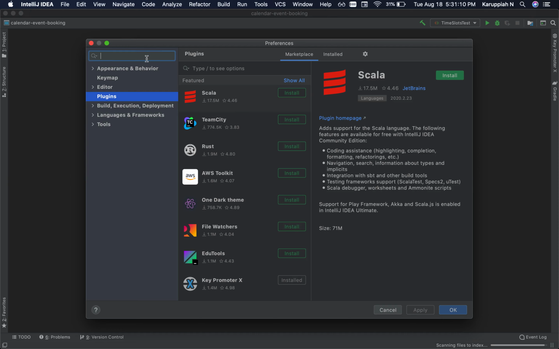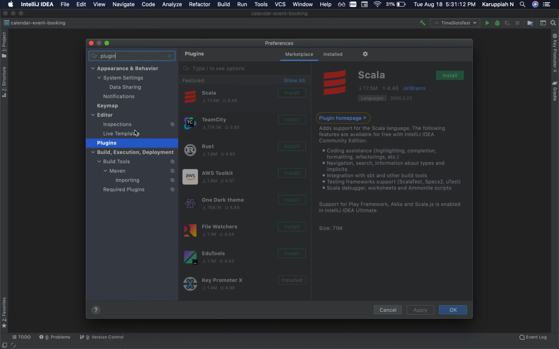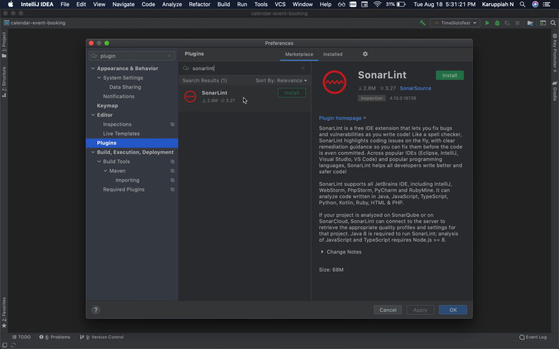I'm already in plugins, so you can find this. In plugins, go to marketplace, type SonarLint, and there you go. You can see the logo, and install it. And we're good to go.